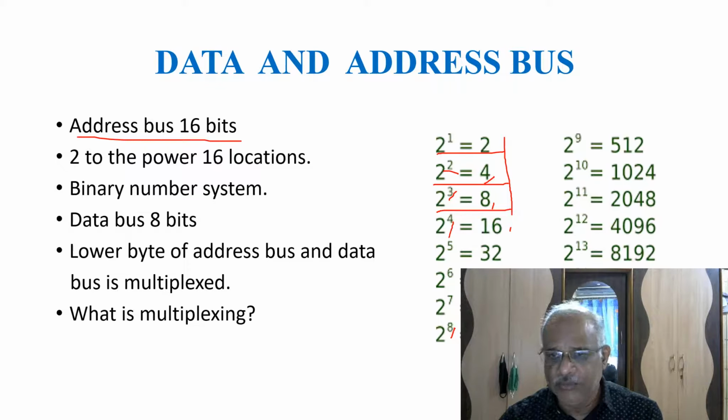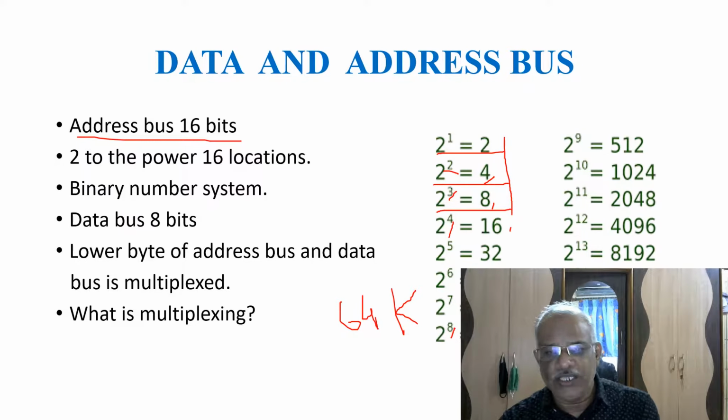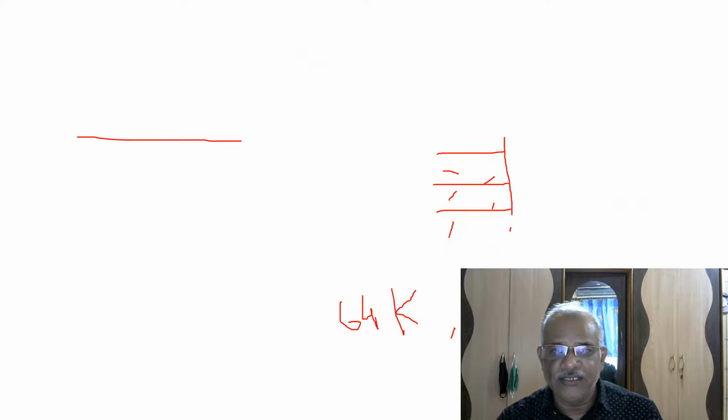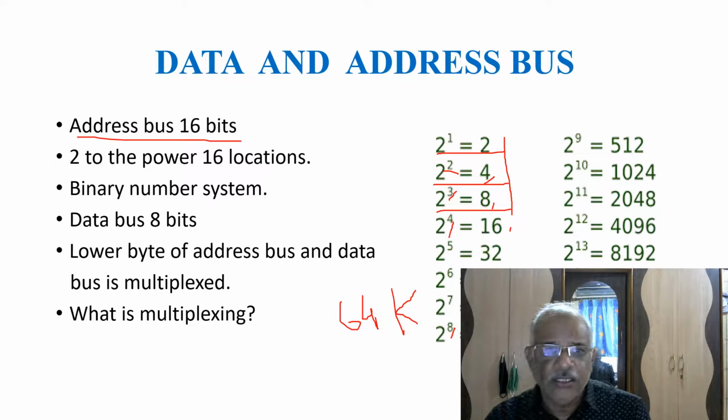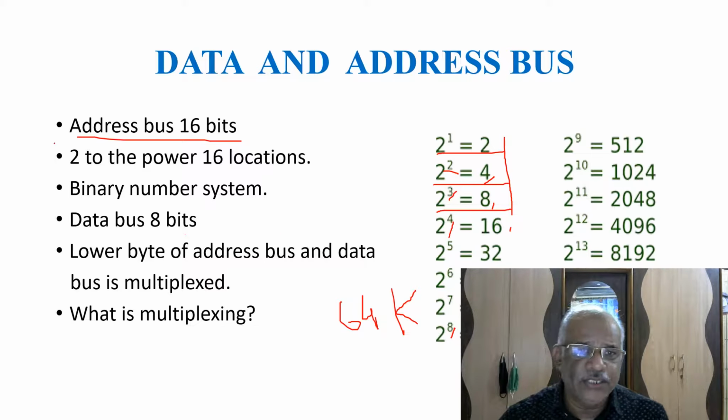So this is a very important number. This many memory locations can be accessed by the microprocessor 8085, and generally this number is referred to as 64K. K stands for 1000. So 64K memory locations can be accessed by this important microprocessor 8085. Now let us try to understand the different features. It uses the binary number system, and